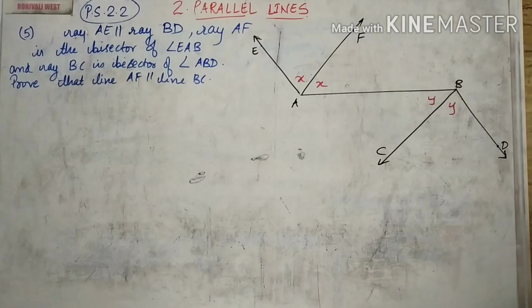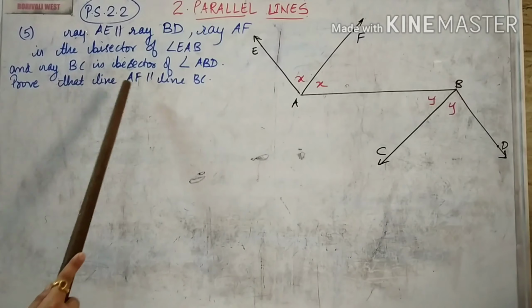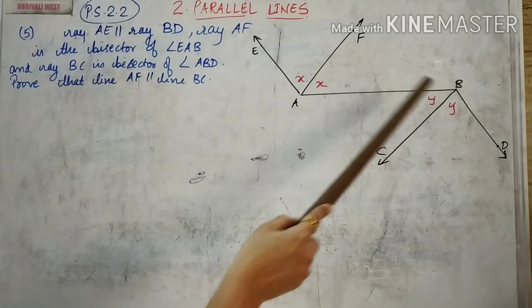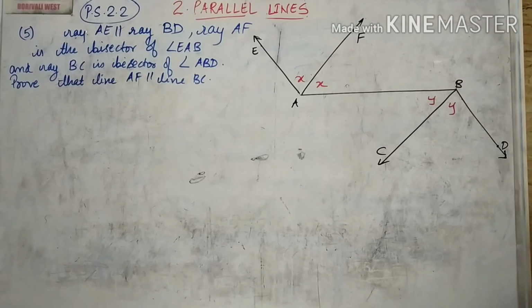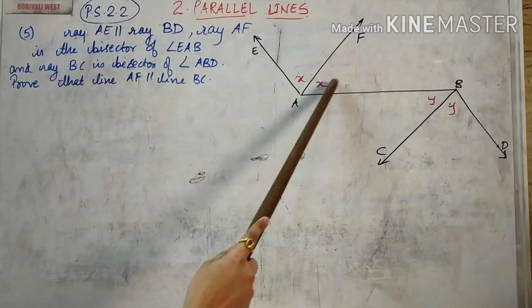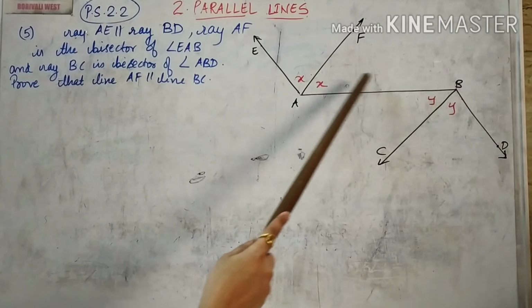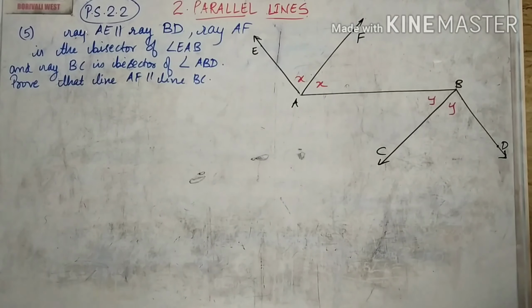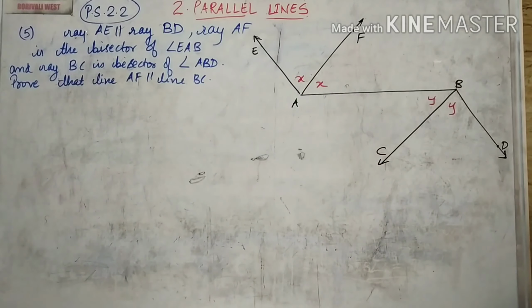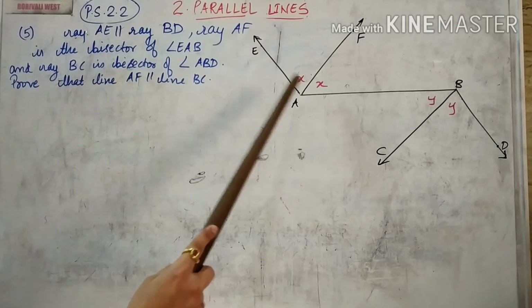Now, what are we supposed to prove? We are supposed to prove that AF is parallel to BC. If I need to show that, we think in the opposite manner. If I want this parallel, I need to show these two angles to be equal to each other. These two angles can be shown by what test? Alternate angle test. But how will I show that FAB and ABC are equal to each other? We don't know how to do that. So we'll make use of the information that is given to us in the question.